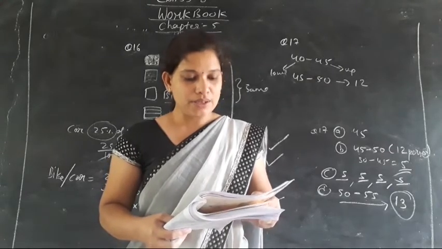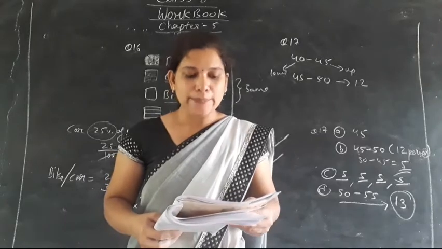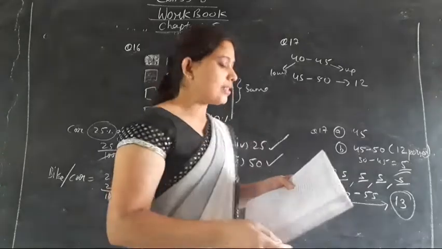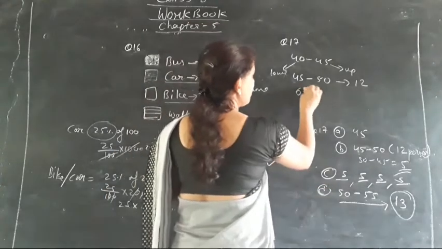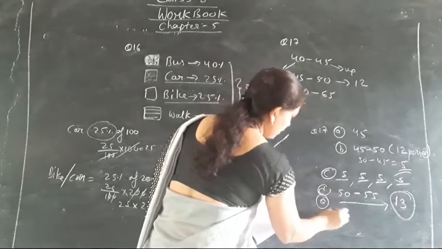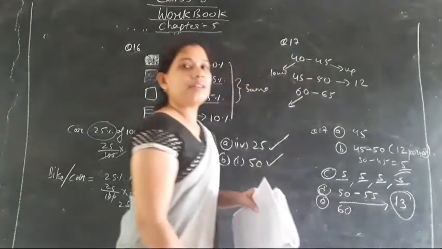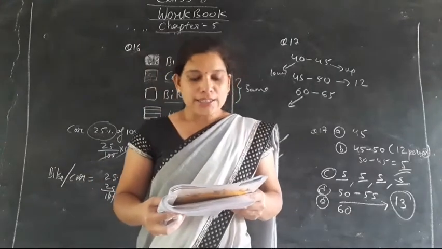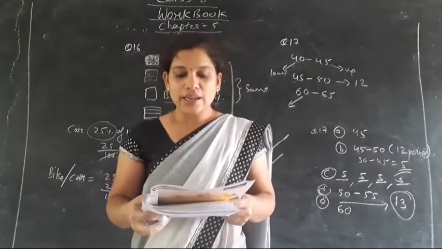Okay, maximum. Then coming to the E part of the question, write the lower limit of the last interval. The last interval is 60 to 65. So this is the lower limit. The answer for that will be 60. Write the answer 60 for the E part. Now the F part: the maximum number of persons lies in the age group.